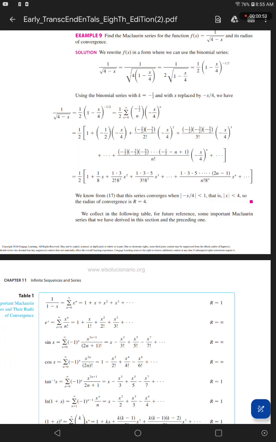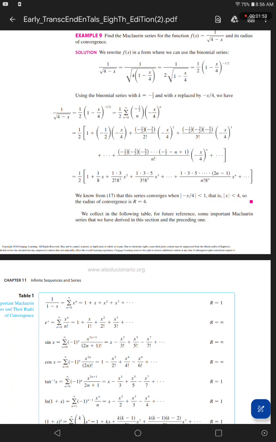Using the binomial series with k equals negative 1/2 and with x replaced by negative x over 4, we have 1 over the square root of 4 minus x equals 1/2 times (1 minus x over 4) to the power negative 1/2, equals 1/2 times the sum from n equals 0 to infinity of the binomial coefficient (negative 1/2 choose n) times (negative x over 4) to the power n, equals 1/2 [1 plus (negative 1/2)